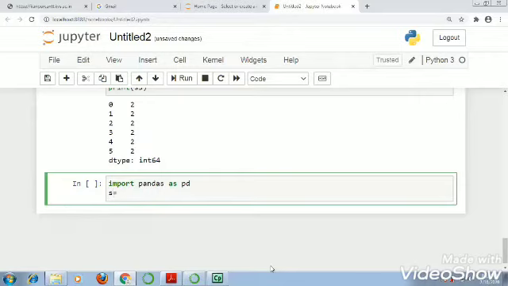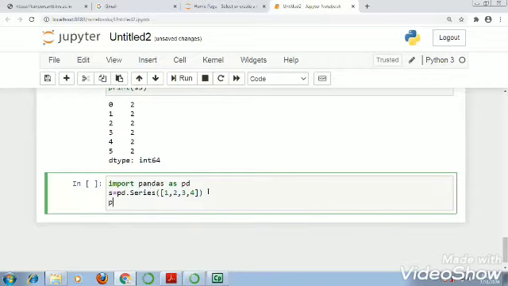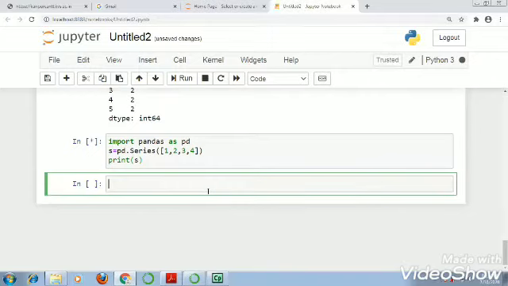S is a series, so I write pd.Series, and simply I am making a series using a list. So 1, 2, 3, 4, 4 elements are there, and if I print this series, it will be like this. We have already seen. Just wait, some processing is going on.